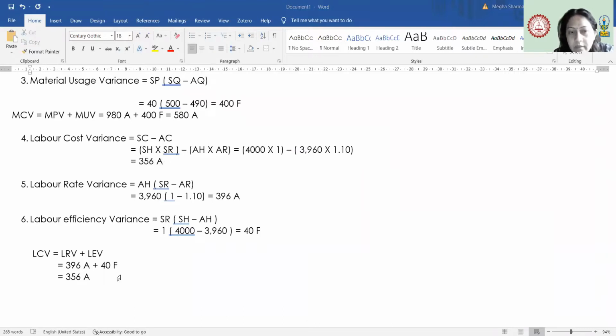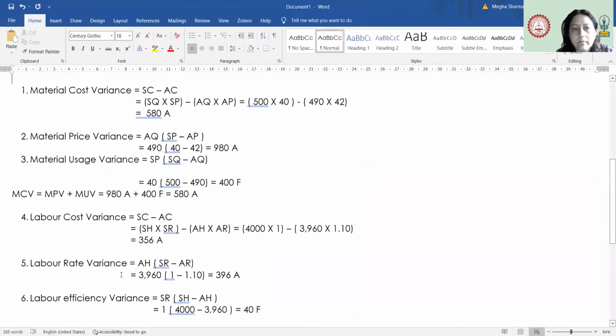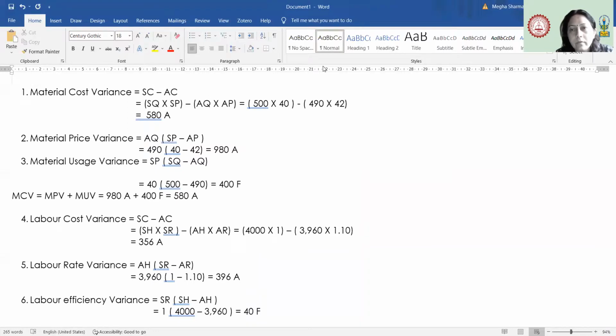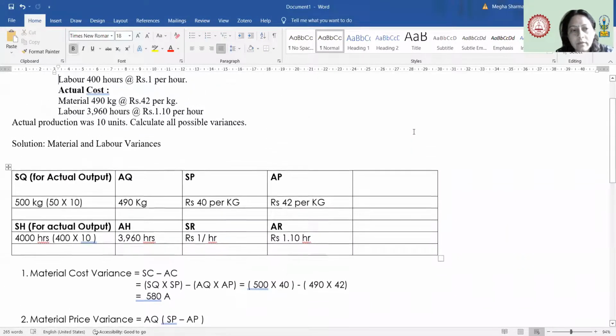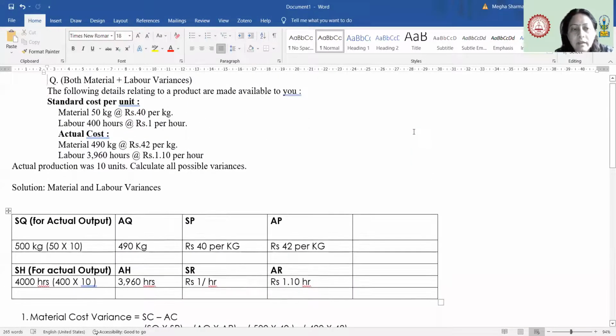Yes. Is it clear? How was the labor variance calculated? Yes, ma'am. Okay. So this is how we are going to calculate both the categories of variances, that is material and labor variances, as per the given information in the question. Is there any doubt to any student? No, ma'am. Okay. So now